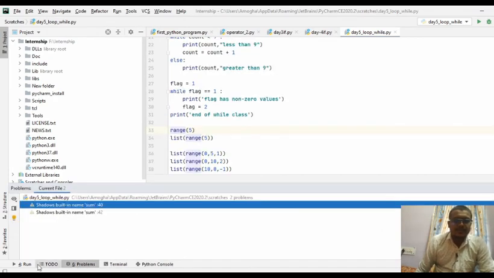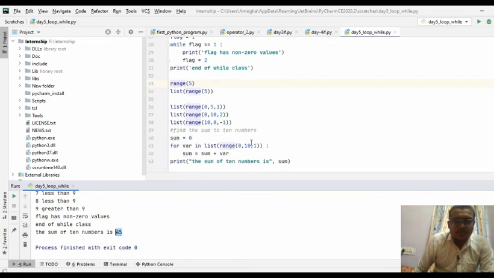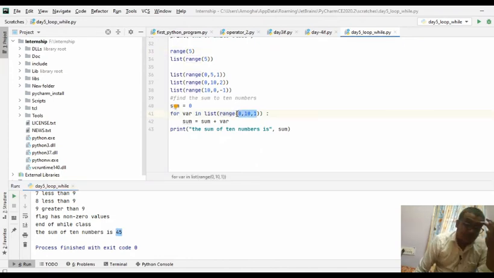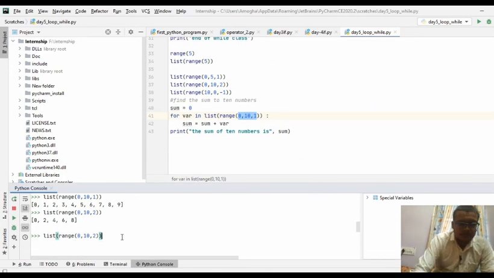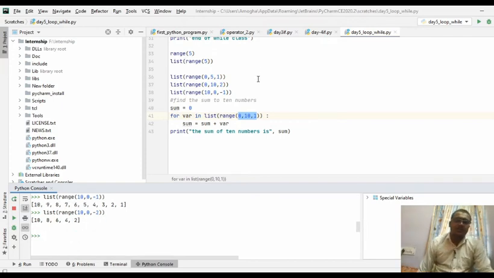So in this fashion, in the same manner, 0 to 9 is going to be executed here. If you need odd numbers, as I've been told, starting from 10, 0, comma minus 1, 10 to 1, like this. In the same manner, you can have even numbers over there. So that's it. This is a usage of for loops